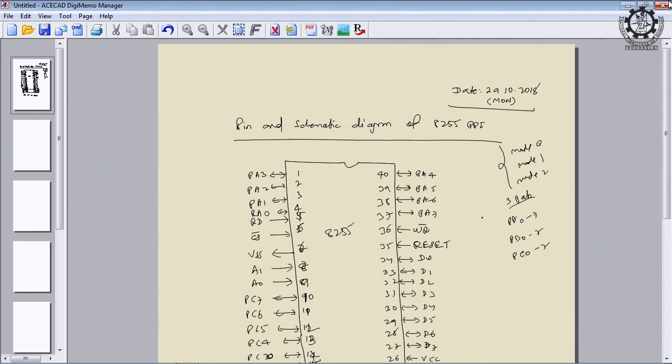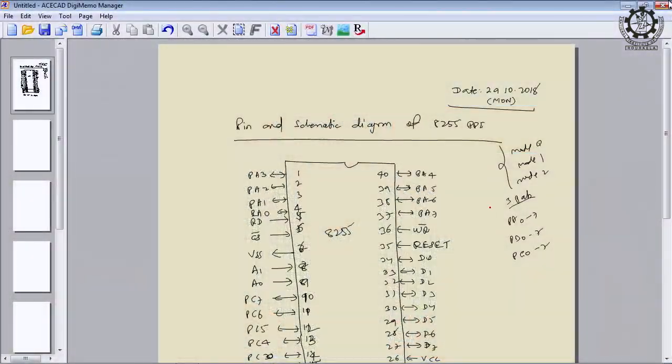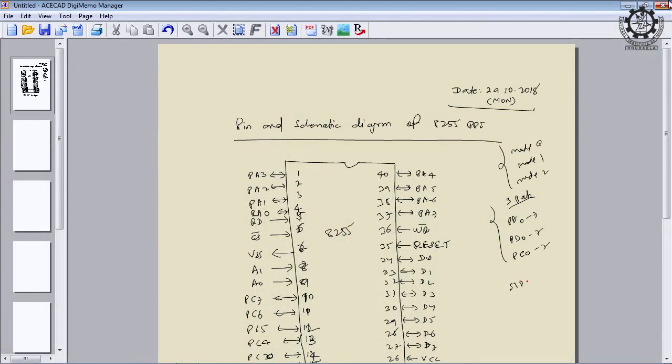So this 8255 peripheral device operates in 3 modes: mode 0, mode 1, mode 2, and it supports 3 8-bit ports. And why are these ports there? To transfer the data in parallel, 8 bits at a time, in contrast to the serial input data SID and SOD lines. The microprocessor directly supports serial data communication through SID and SOD. 2 dedicated pins are there that we have seen.